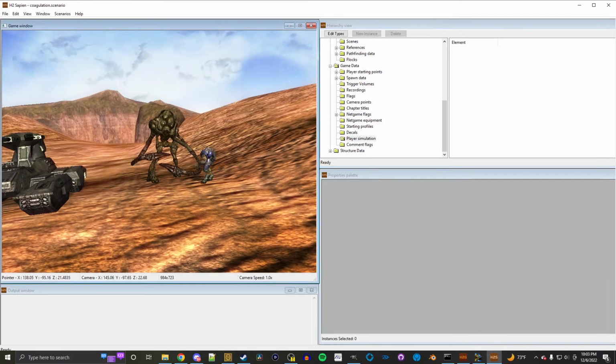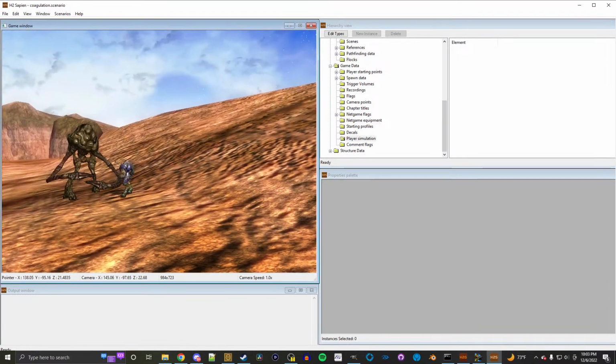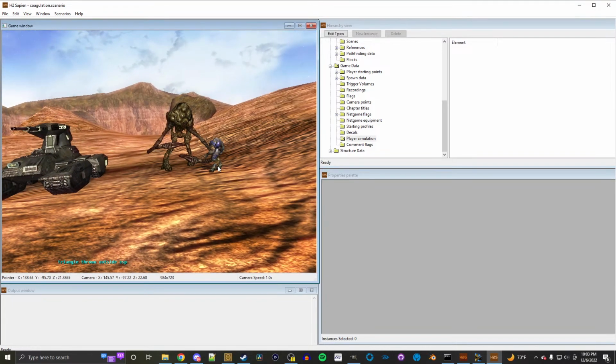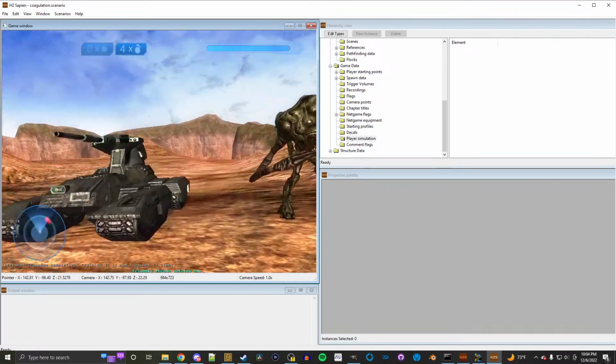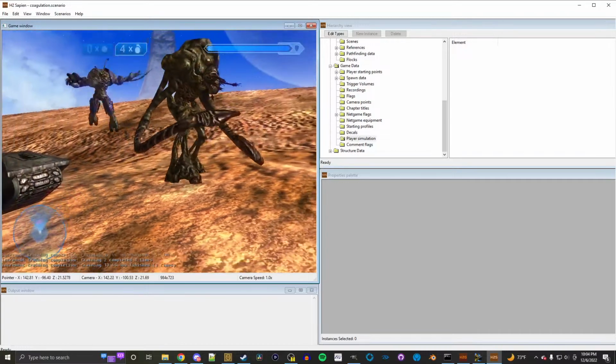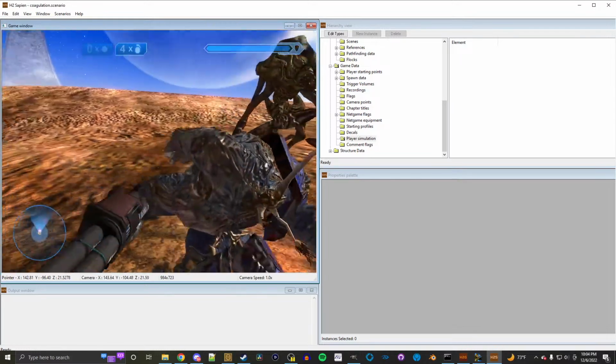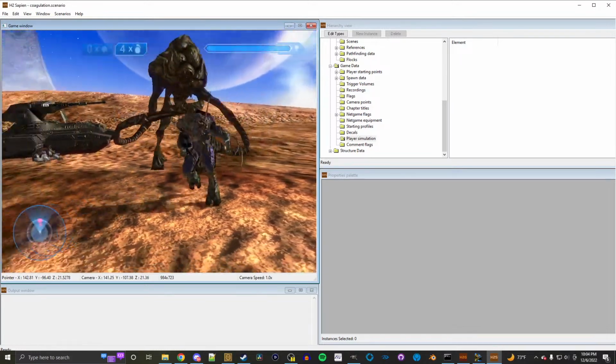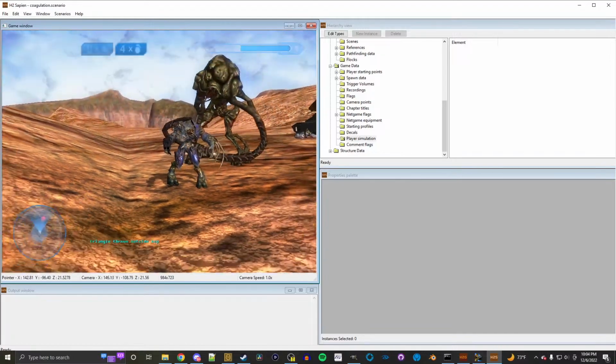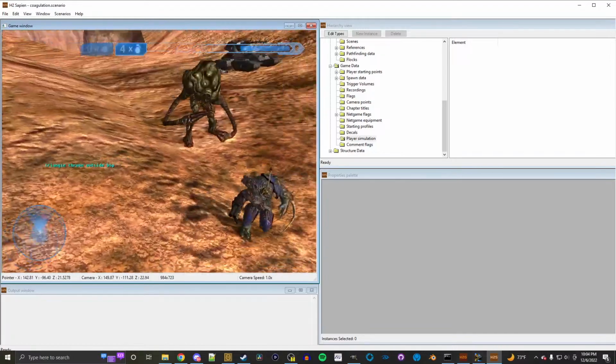If you want to actually play on your scenario through Sapien, I don't think CE has this functionality, but I know Halo 2 and onwards does. But you'll go through the game data folder and find a section called Player Simulation. You'll hit that, then right-click anywhere on the level, and now you're able to play. And then the AI will try to kill you. But, yeah, the reason the Flood is not firing on me right now is probably because there's no firing positions in the